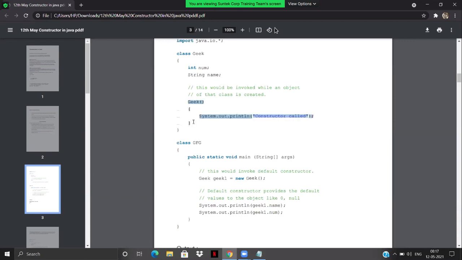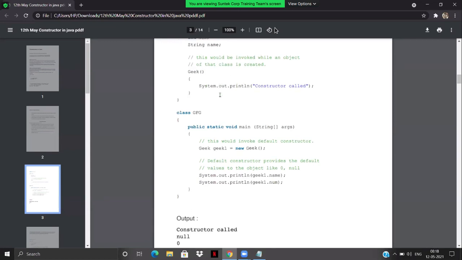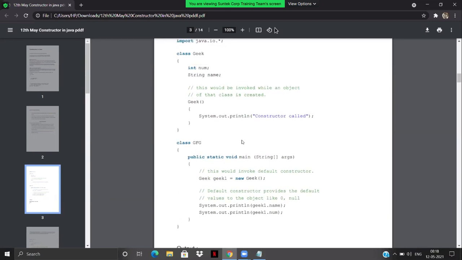So this is the time it will get involved because we have already overridden it. What should be the output for the whole program? Whenever we create an object, okay, good, null comma 0, correct. So let's have a look at the output, and the output would be constructor called.